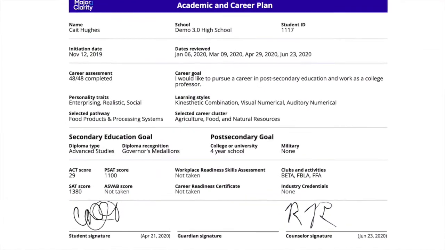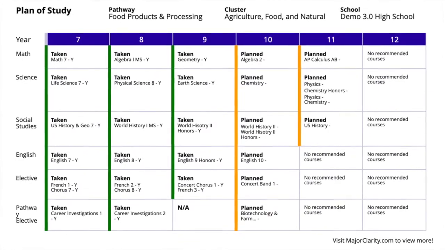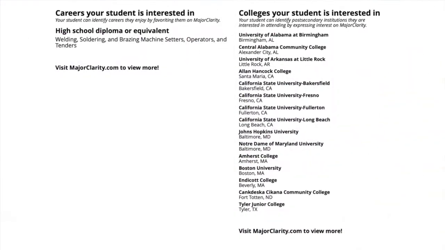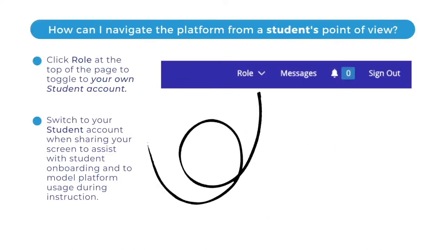Academic and career planning is a student-driven process. The ACP document is a live document. School admin users can review, sign, and share the document with parents and guardians. Remember, to navigate the platform from a student's point of view, click the Roll link